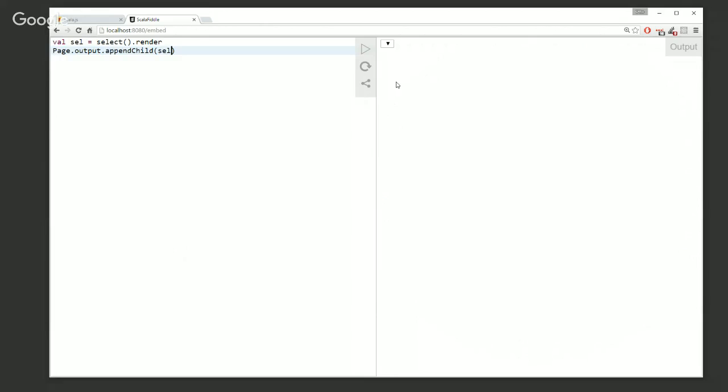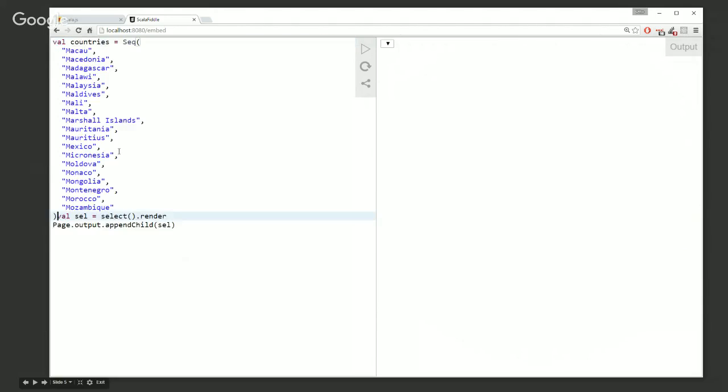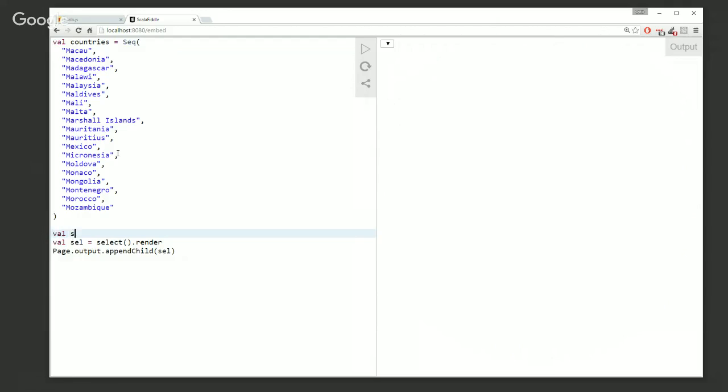Okay, now we have this fancy empty selection box right there. So let's put something more interesting in there. I'm just going to copy paste some country values here, so I don't need to type them in. And let's create actual options for that selection